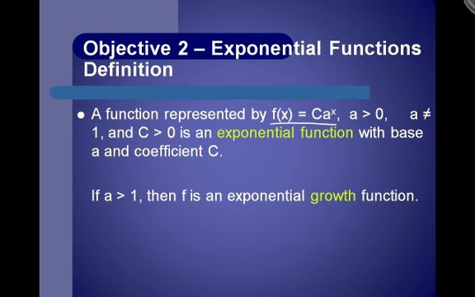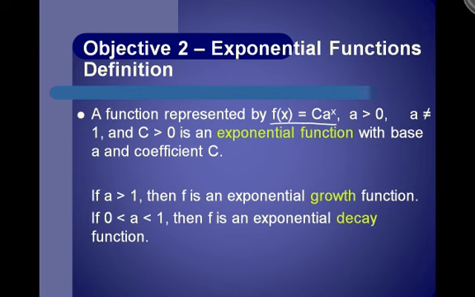If a is greater than 1, then f is an exponential growth function. If a is between 0 and 1, then f is an exponential decay function. Okay, the base, or the a part, has to be greater than 0. If it is a number greater than 1, it's growth. If it's a fraction between 0 and 1, that means it's getting smaller and smaller, and therefore that